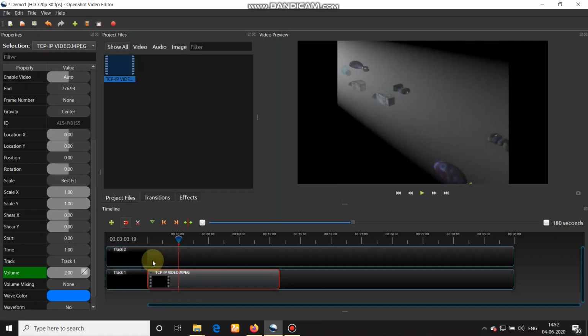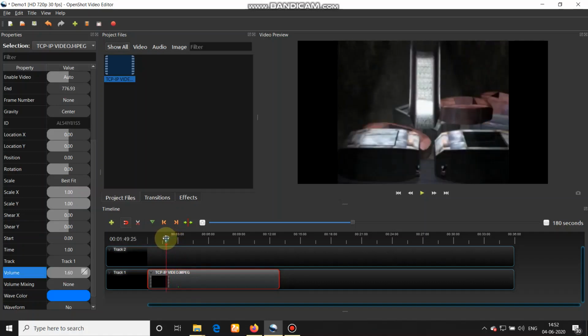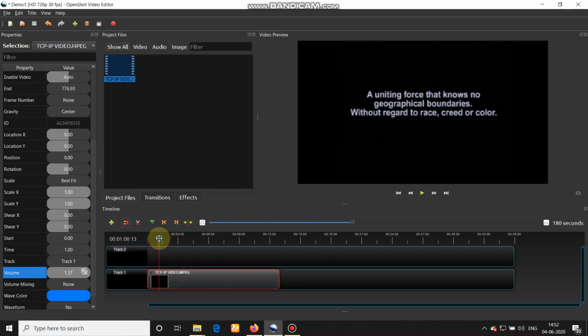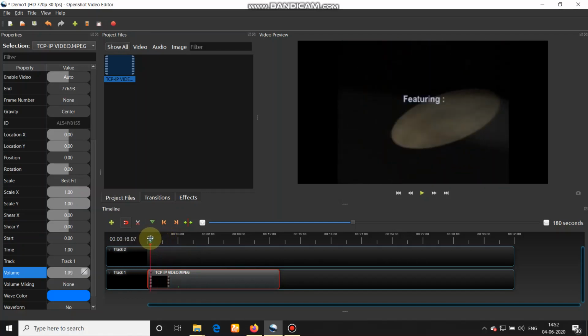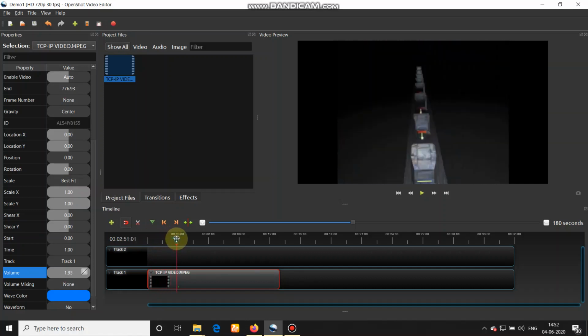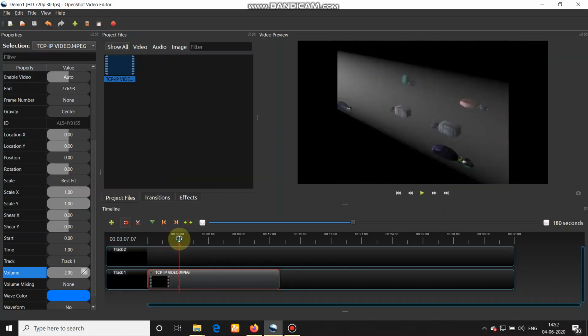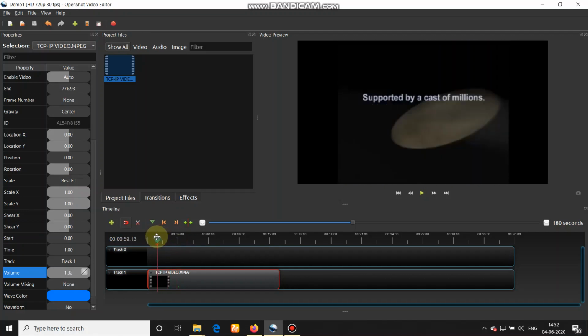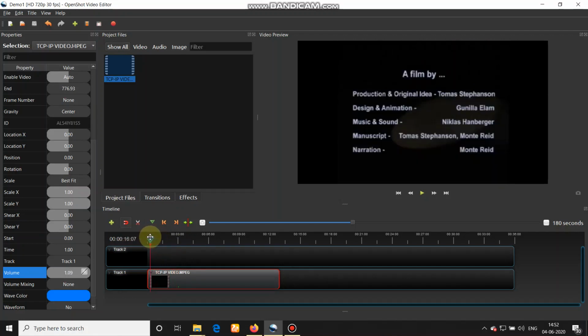As you can see over here, it is showing a linear movement or linear raise of the particular volume.